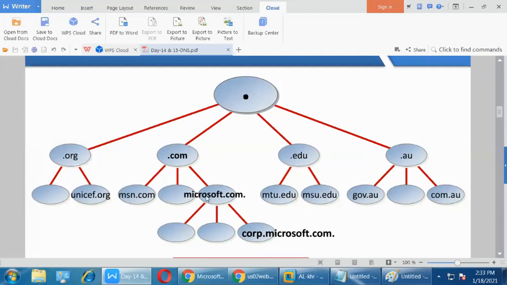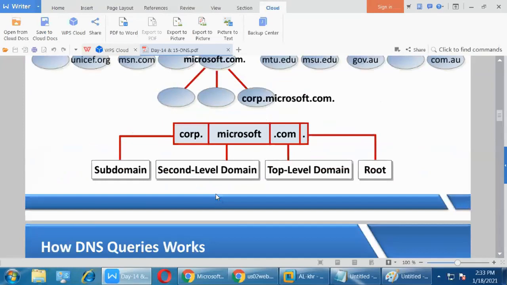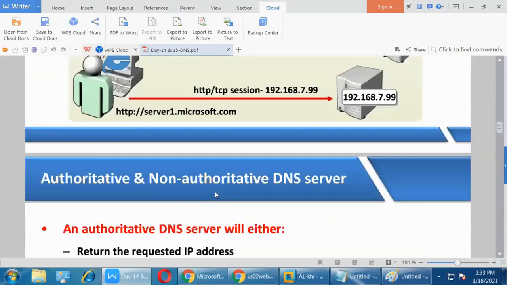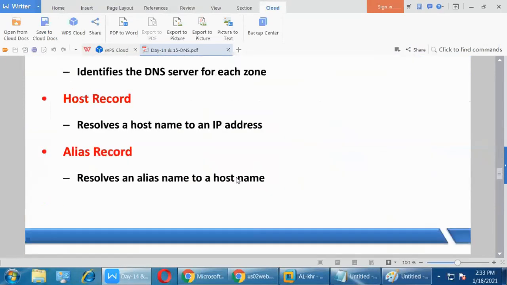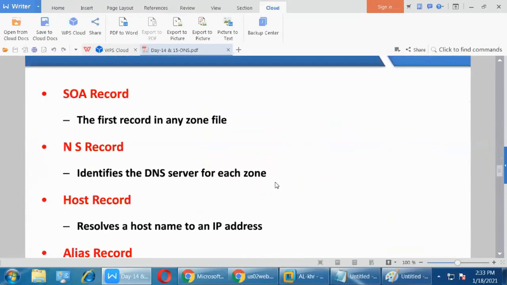Remember Microsoft.com, Dell.com, whatever you have. Clear, guys? Yes, sir. It's clear, sir.